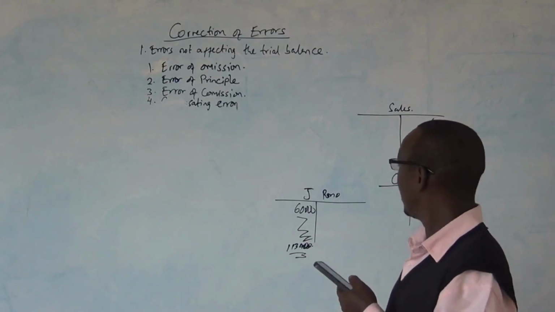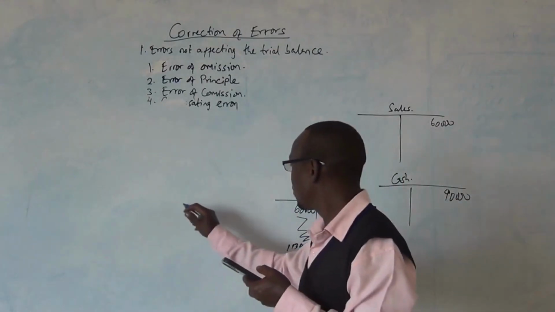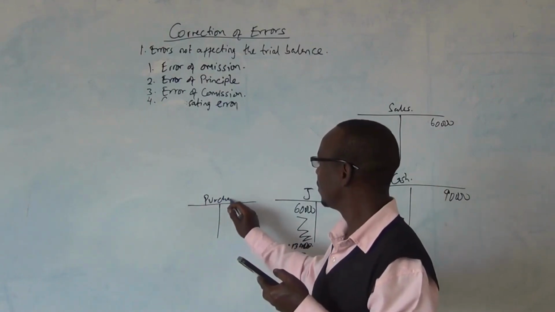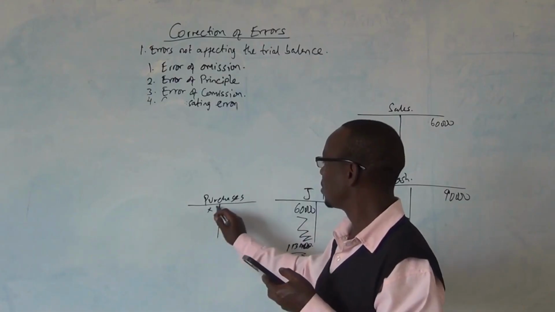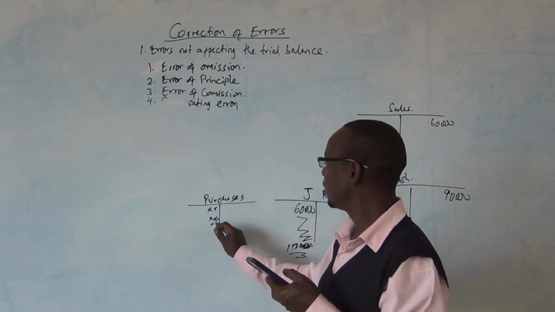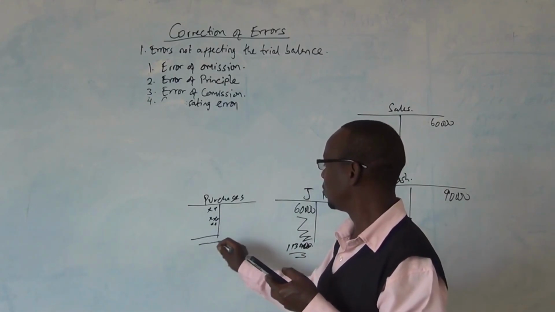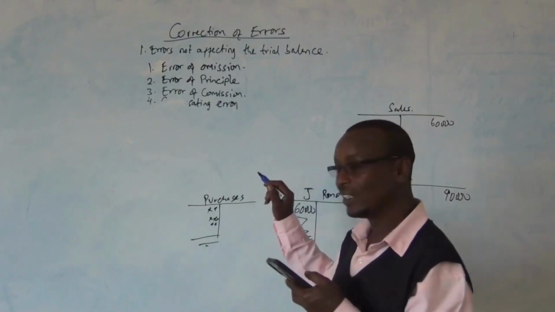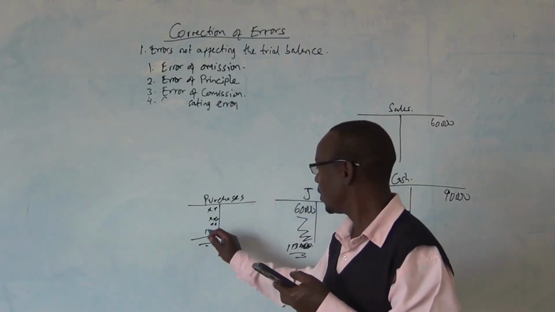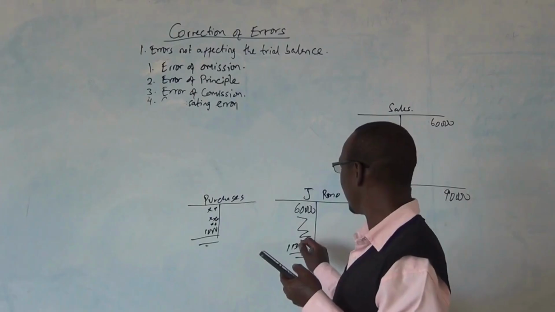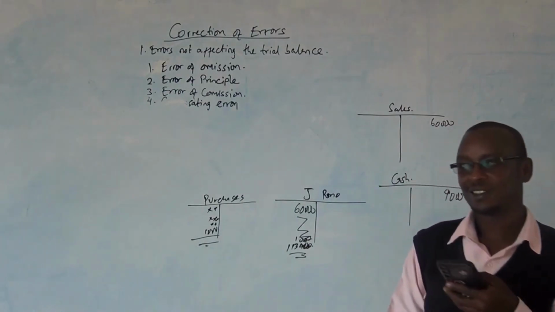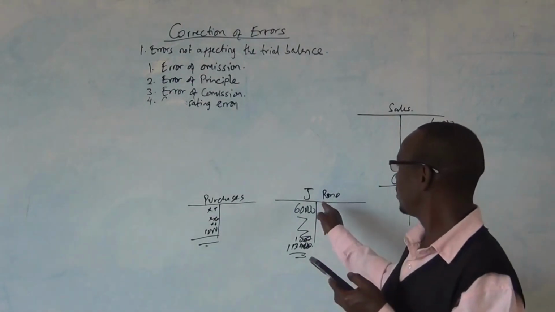Again, at the same time, when you're doing the purchases, we have the items that are here. And then you got this total. But when you are doing here, you had made a mistake of 1,000 here, and another mistake of 1,000 here. Okay? So you overstated